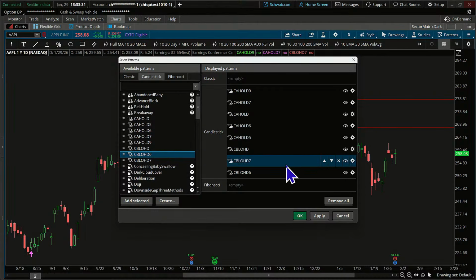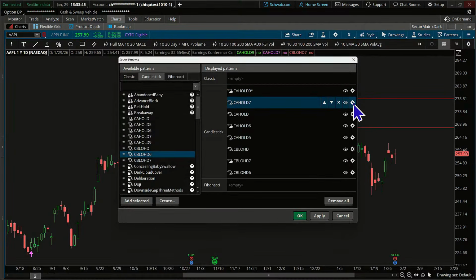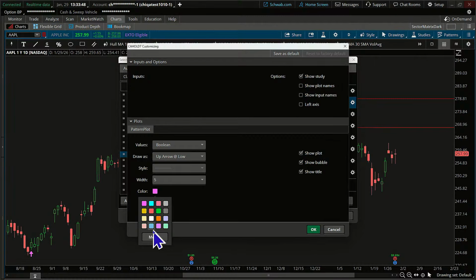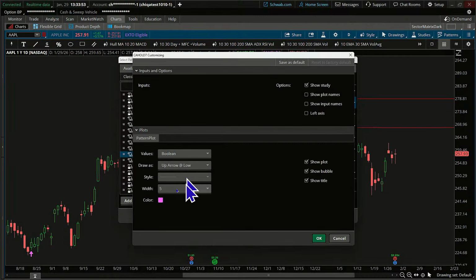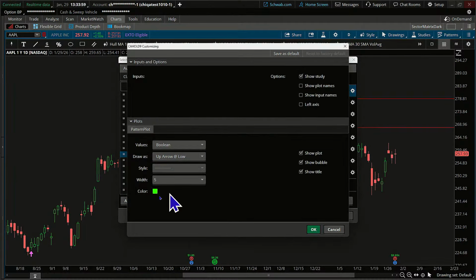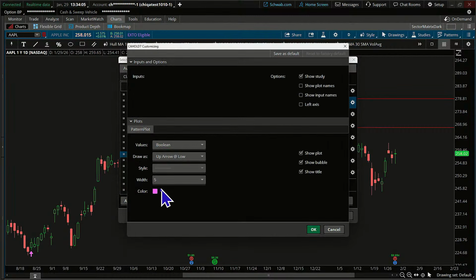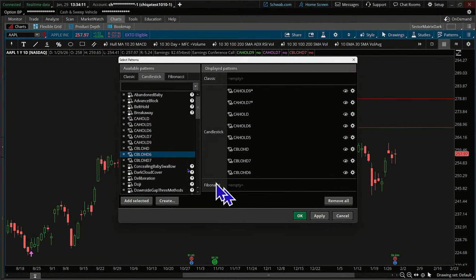Now, again, if you want to be very precise about what colors they are, you could go in and put them in as different colors or all the same colors. So let's do this real quick. Cahold, it's green, it's 5, we're going to keep it. Cahold 7 is pink. We're going to change it to, what color of green was that? Oh, it's not there. I want to be uniform. Okay, so the bright Kermit green, like I put on this one. Okay, let's make this bright Kermit green. Or I'll just do mint green. Mint green will be faster. We have too many that we need to do.